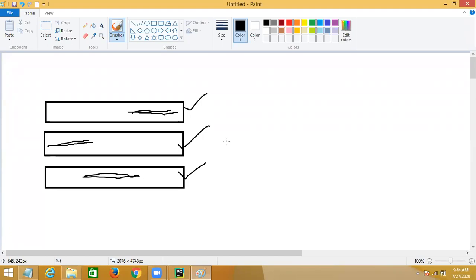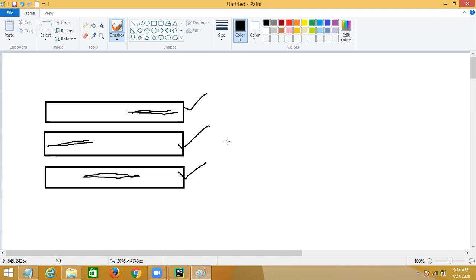Is it clear? Without defining a width, you cannot do it. So this is how you do the alignment.